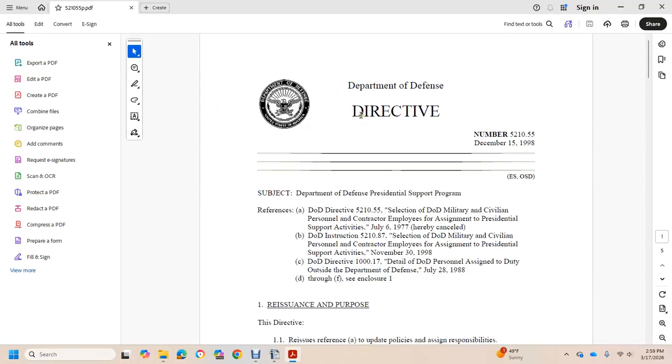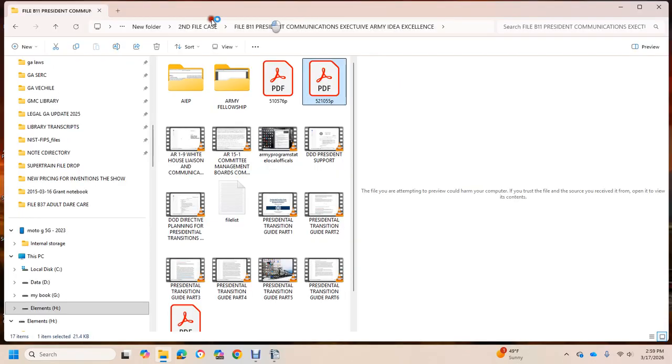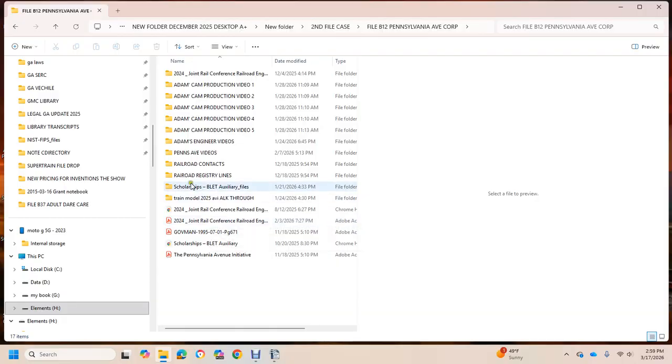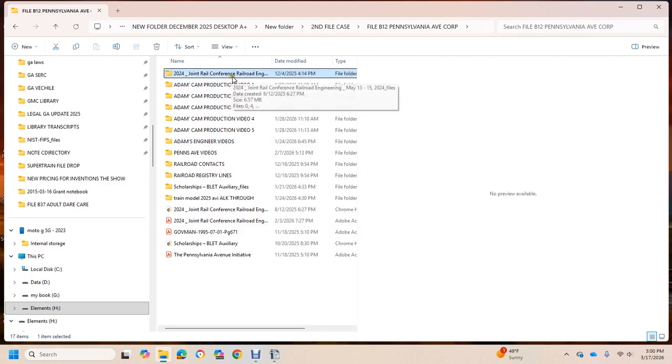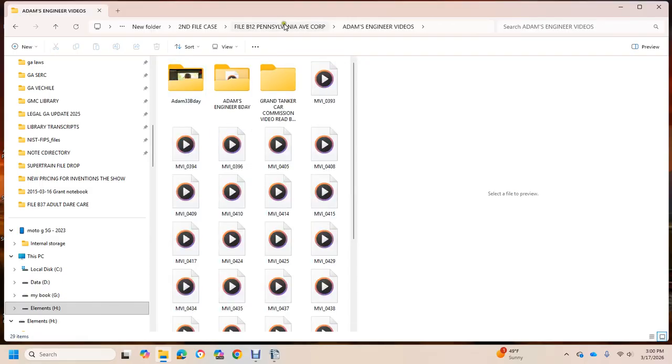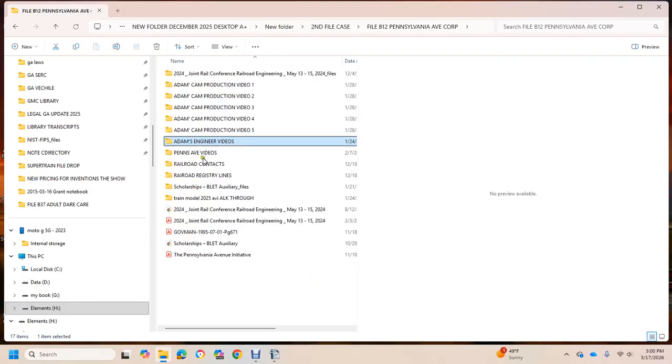Department of Defense Presidential Support Program, Pennsylvania Avenue Corporation. All right, I drew locomotives, so we have my CAM production drawings, the Joint Railroad Conference Engineering, which is a trade show for railroads. We have me as an engineer, so that's part of my Pennsylvania Avenue